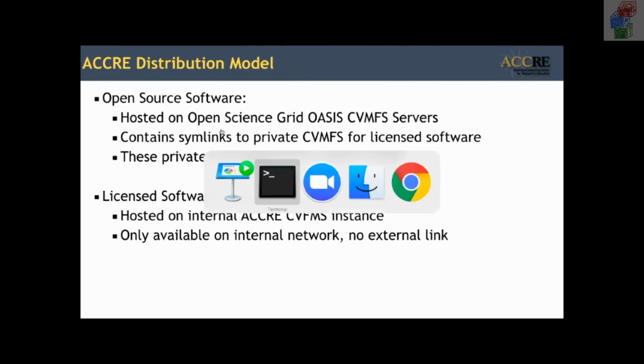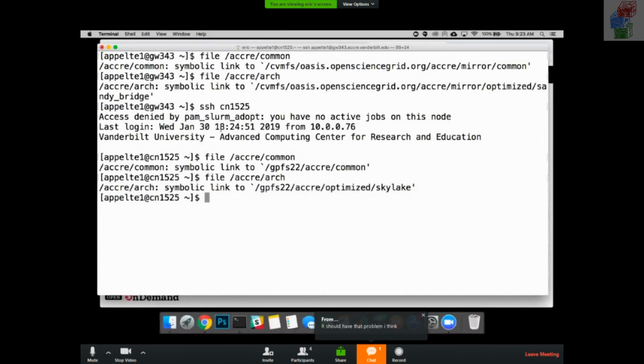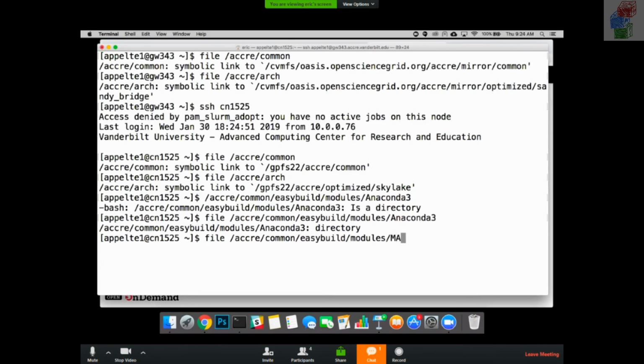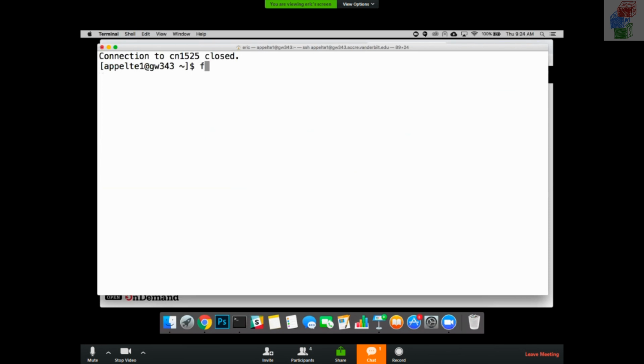So I could show you too this symlink. If I take an open source package, Anaconda 3, okay, this is a directory on our build node. But if I take one of our licensed software modules, like MATLAB, okay, on the build node, these are both directories. Now, if I exit the build node and go back to the cluster,